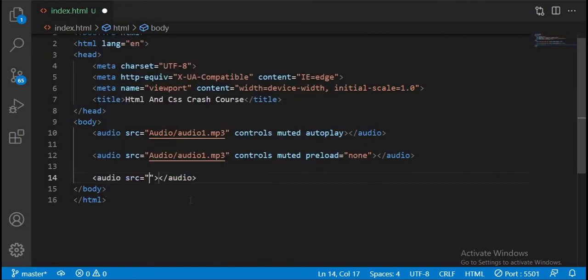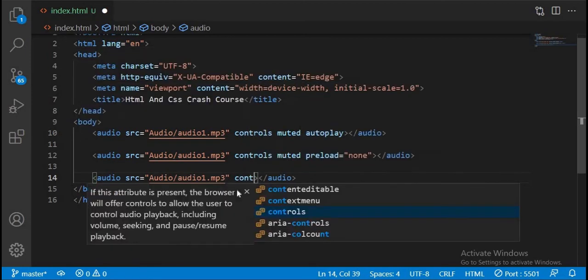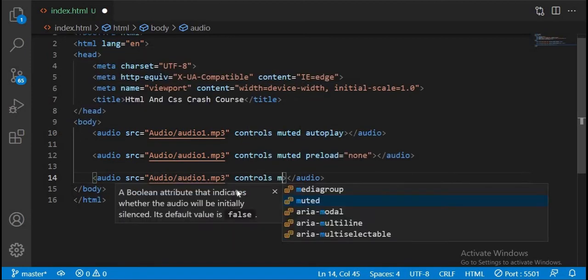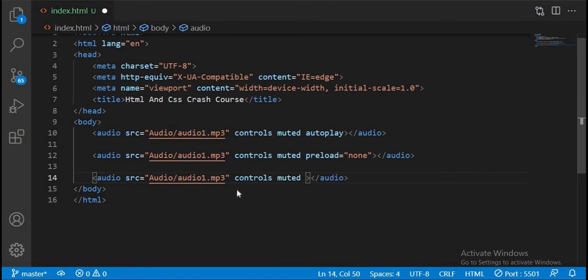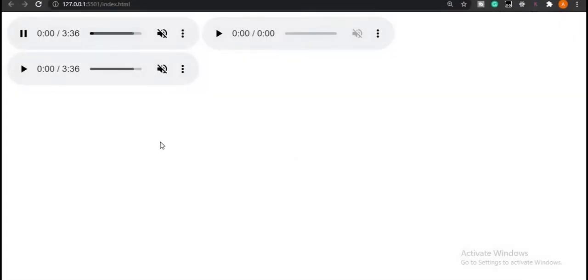So let's say audio, and let's grab the audio from the audio folder. Let's go into the audio folder and grab the audio1.mp3. We're going to add the controls, also going to make this muted, and the preload function is going to be auto. So you save this and go back to your browser, and you notice